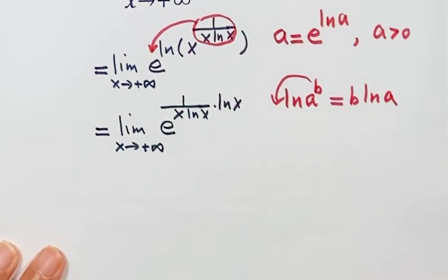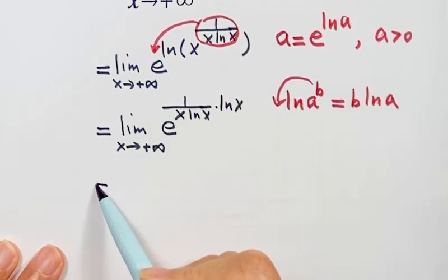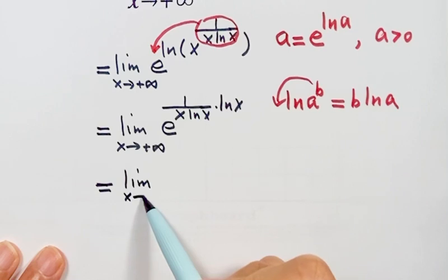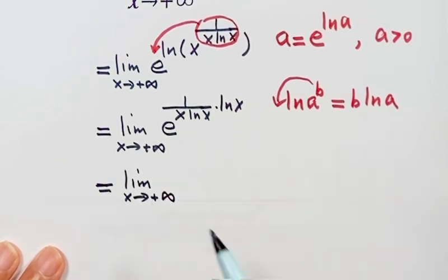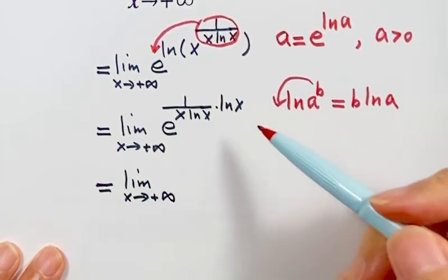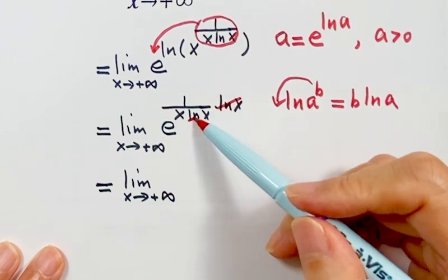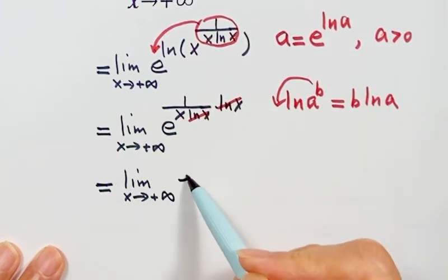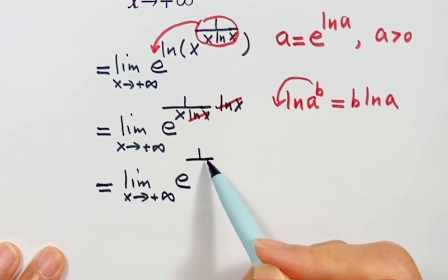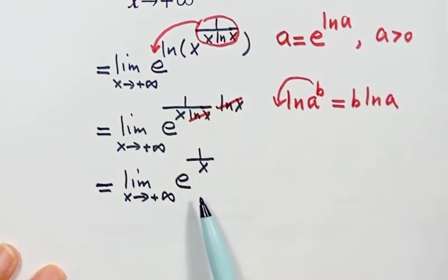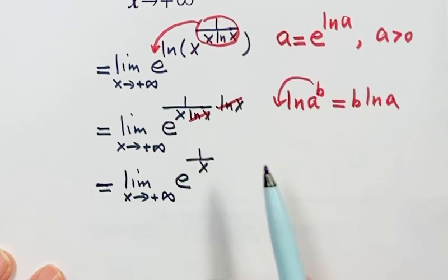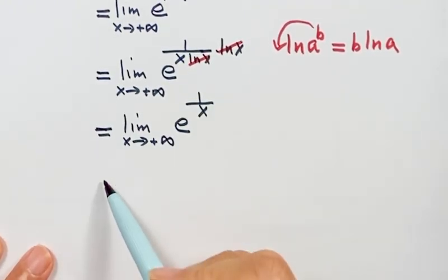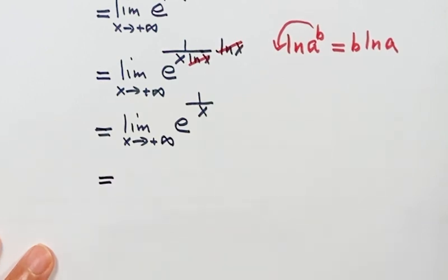So now you can tell we can simplify. We can simplify the top part because here top and bottom we have log of x, which just cancel. So then we get e to the power 1 over x. This expression is much simpler than the expression that was given. Then we continue to get the limit.